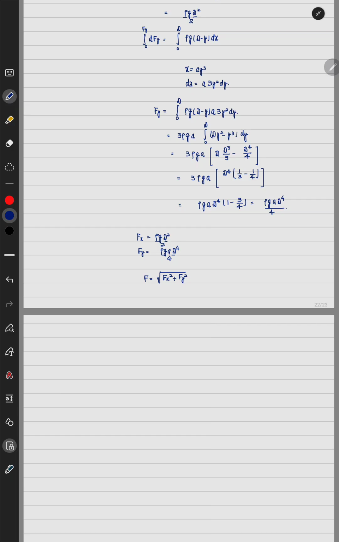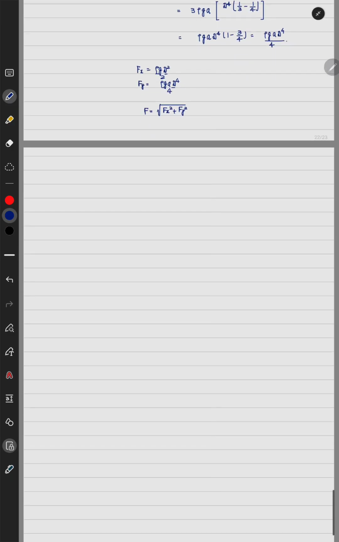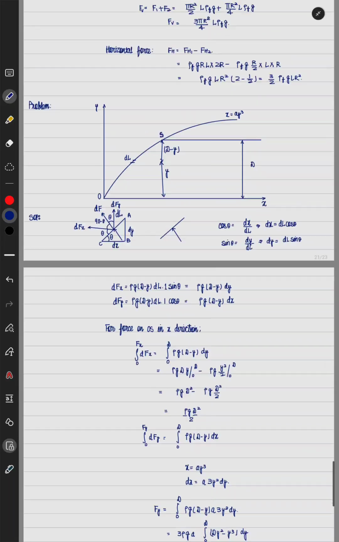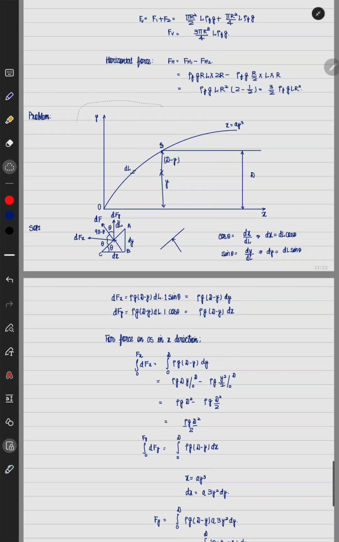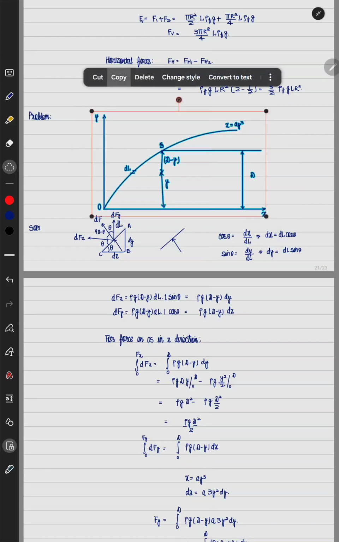Okay. Now the same problem that we have done using the integral approach, by taking the small element and then integrating that particular equation of dFx and dFy to obtain the total amount of force acting on the surface in x direction and in y direction, the approach that we have used, or the formula that we have derived, can also be applied in this case. So let me carry the same picture that I have drawn here, and I will show you how without integration also I can obtain the same result. Okay, so